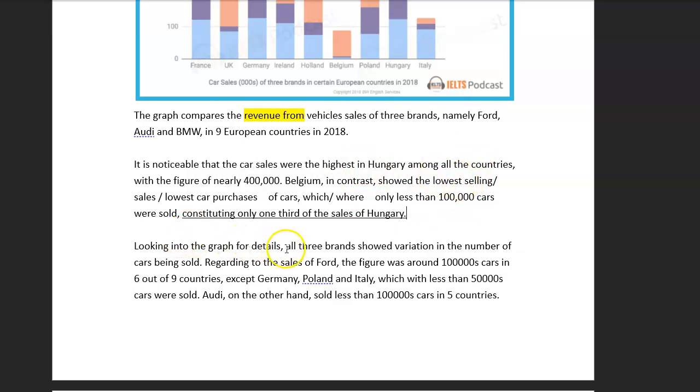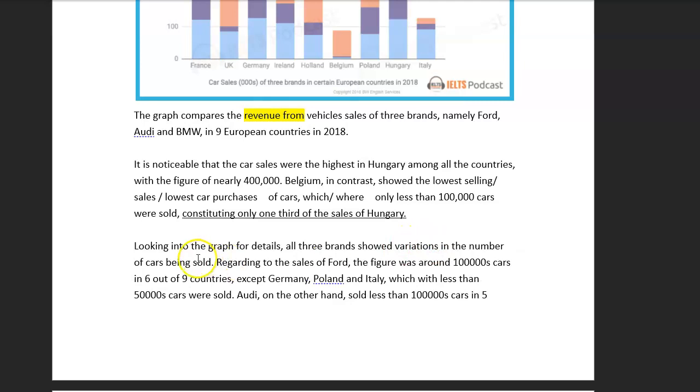Looking into detail, all 3 brands showed a variation, so variations or a variation in the number of cars being sold. Regarding the sales of Ford, the figure was around 100,000. So make sure you've got that right every time, yeah? 100,000 cars in 6 out of 9 countries except, and then here, same pronoun, where, less than. Okay? So you'd have to have where less than 550,000 were sold,